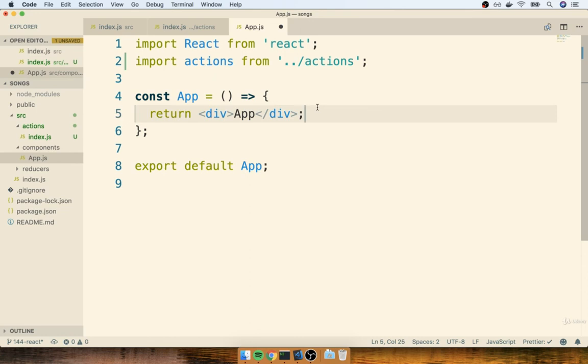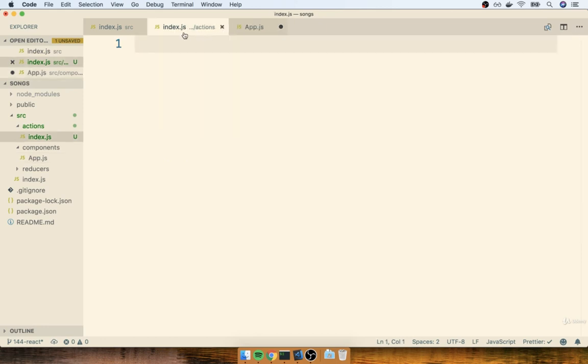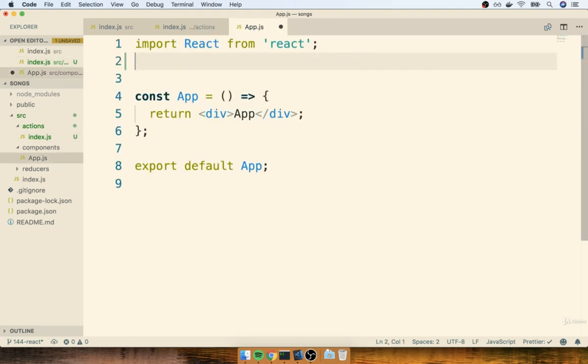Now, I know that's probably going to get really complicated very quickly because we're going to have 3 different index.js files inside of our project. Whenever you're watching me write code, you can always see the index.js file that I'm working on by looking at the tab up here. Notice how it says actions. In addition, you can also look at the highlighted file over here on the left-hand side on my file pane. So hopefully between those two, you can get a better idea of what file I'm working on at any given time. All right, so I'm going to clean up this import statement right here.